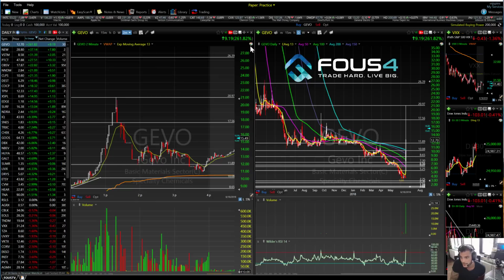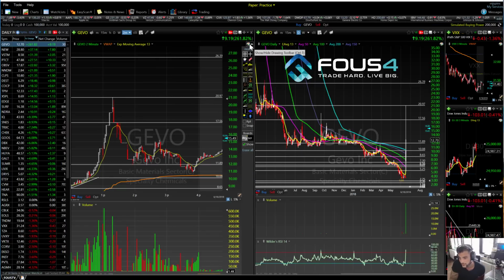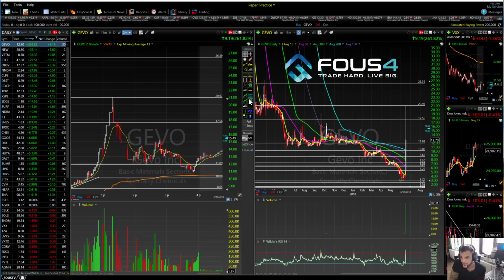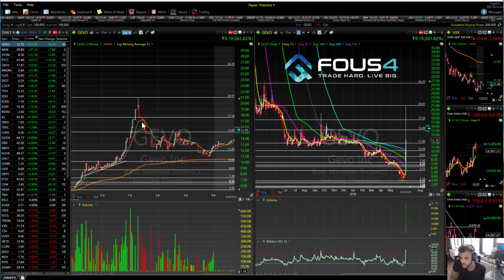And this is where it was all chop, and backside basically. So this is where shorts were really attacking it. You can see that 17.50 was significant, and then 15 was significant. So this is where I wouldn't be touching the long at all once all this was in, unless you were looking to play